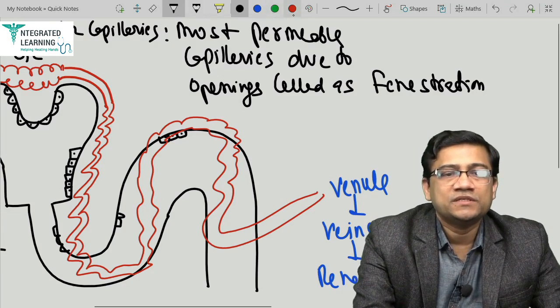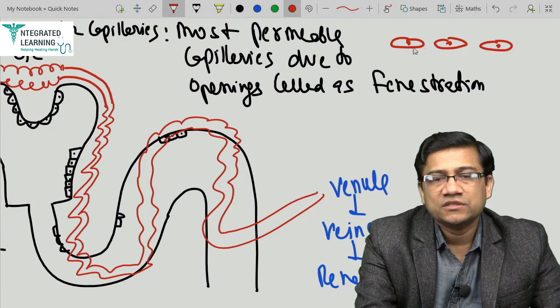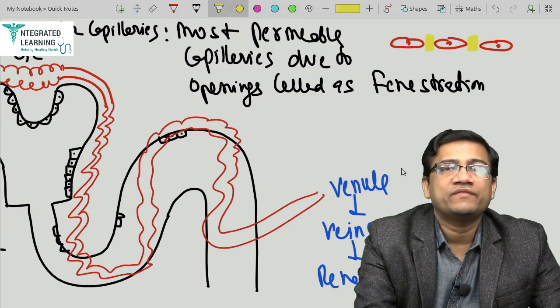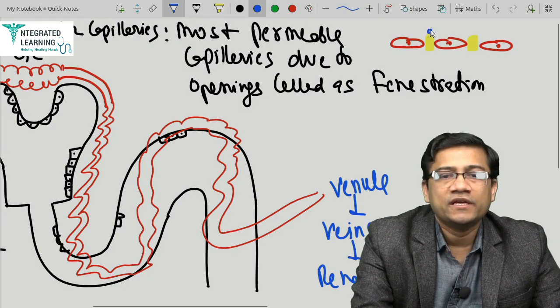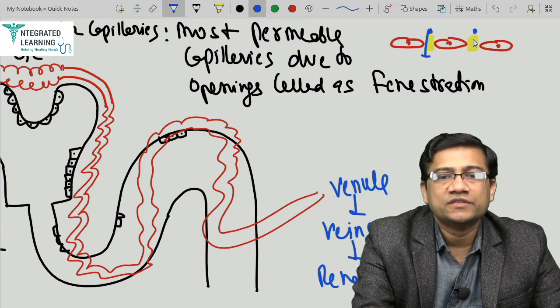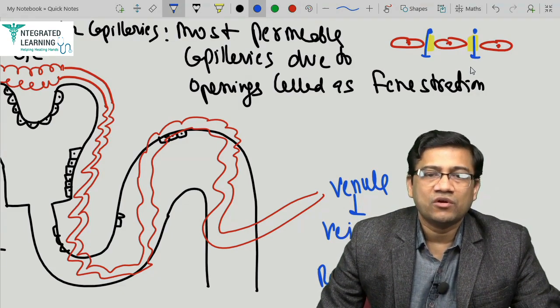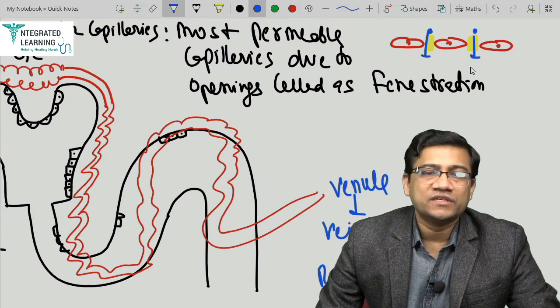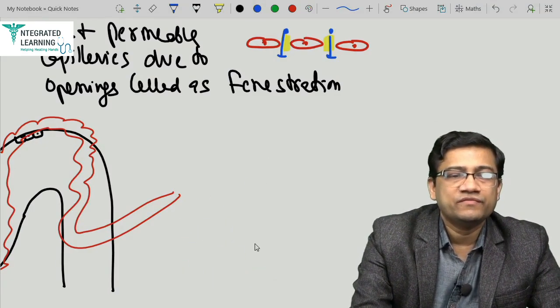So there are spaces between the capillary cells, and these spaces, let us say these are the cells. Okay. So these spaces which I highlight with the yellow color, they are called as what? Fenestrations. So what happens? Anything which is small enough can easily cross these fenestrations. So that is why they allow filtration of the plasma based on size of the object. So that is why what function do these capillaries perform? So the function is they cause filtration.